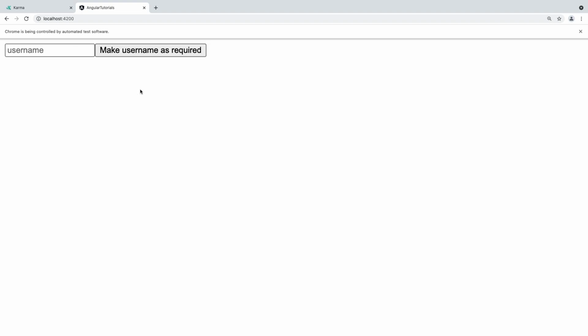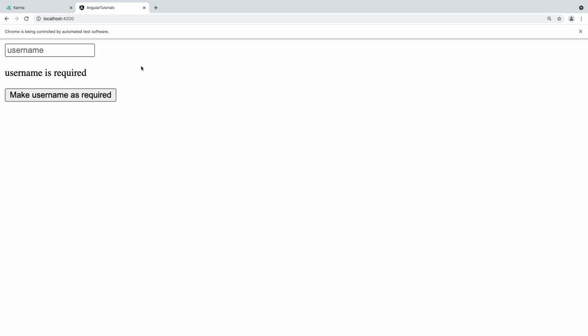It is in a required state, but by default there are no validators for that input field. When I click this button, see here, username is required. That means previously I touched this field and came out, and the validation is dynamically added whenever I click on make username as required. This type of testing will be done now in the spec file of app.component.ts.